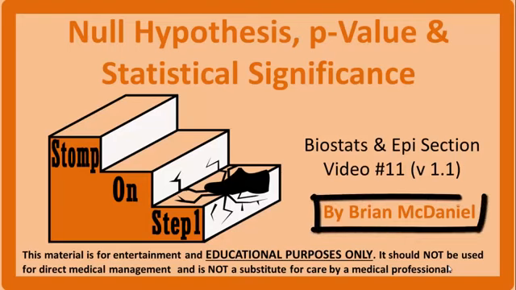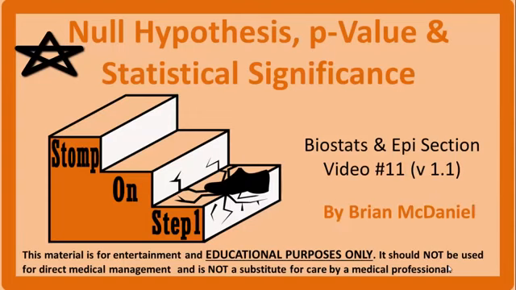I'm Brian McDaniel, and I will be your guide on this journey through the null hypothesis, alternative hypothesis, type 1 and type 2 error, p-value, alpha, beta, power, and statistical significance. This is the 11th video in my playlist covering all of biostats and epidemiology for the USMLE Step 1 Medical Board exam. There's a lot to cover, but we will try to move through things quickly and break them down